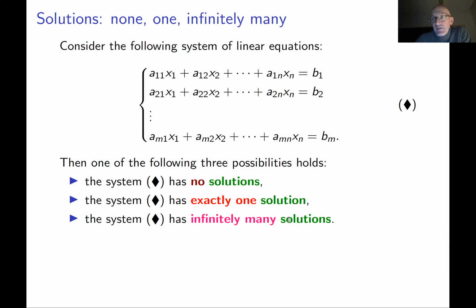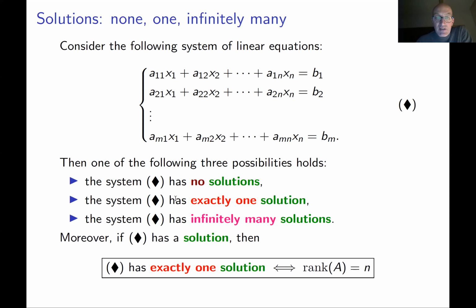How this follows from the previous lemma: if we have no solution, it's no solutions. The lemma is not applicable, but we just have no solutions. If we have one solution, we can apply the previous lemma. We know that all solutions can be obtained as a sum of the solution you just found and any element in the kernel. So if the kernel is a 0 vector, then you have exactly one solution. If the kernel is a positive dimensional vector subspace of Rn, then you have infinitely many solutions because you have infinitely many sums.